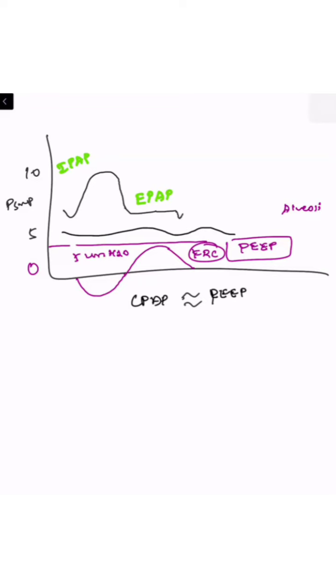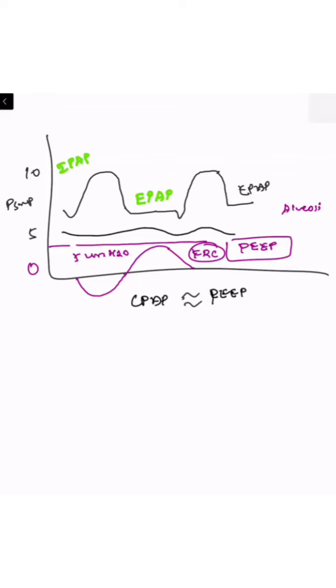So we are maintaining the pressure during expiration, and the patient's diaphragm is going for contraction. So he is creating the negative pressure, and the machine senses it and automatically supplies the IPAP. Then when it reaches the maximum, the machine senses and stops providing the IPAP. The patient will go for expiration, but the machine senses it and provides the EPAP. So automatically the machine is delivering both IPAP and EPAP.